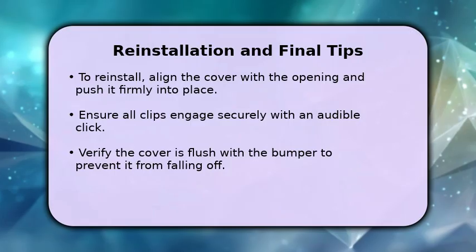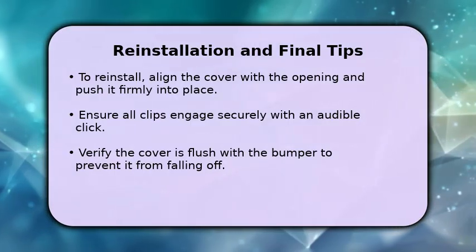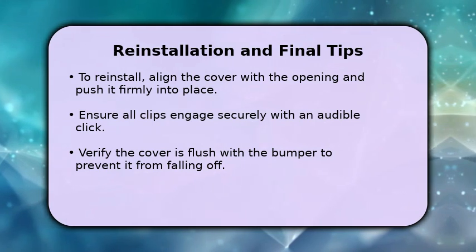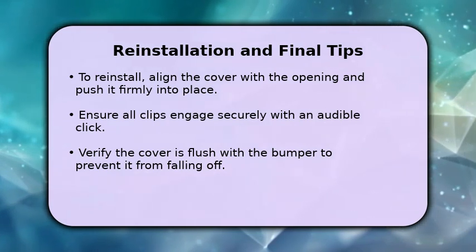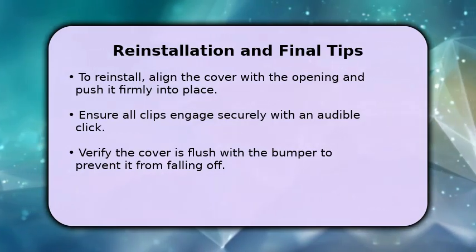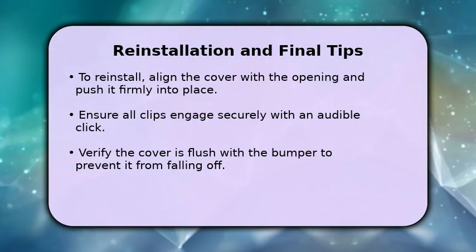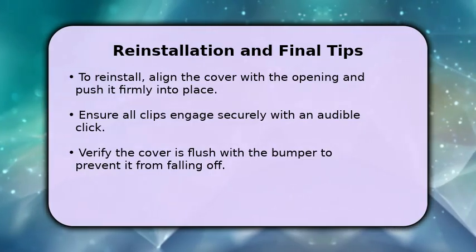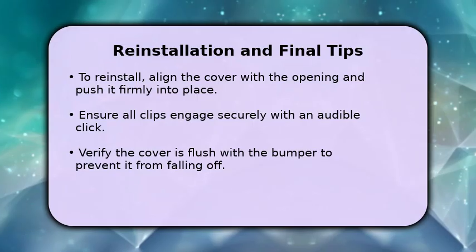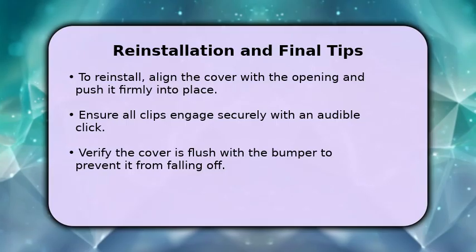Reinstalling your hitch cover is just as simple. First, align the cover with the opening on your Tesla's rear fascia. Then, apply firm, even pressure around the edges until you hear and feel all the clips snap back into place. It's crucial to ensure the cover sits flush with the bumper to prevent it from coming loose while driving. Always store your hitch cover in a secure spot when it's not on your vehicle, keeping it safe for future